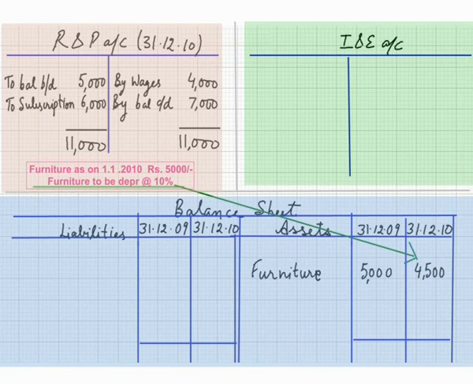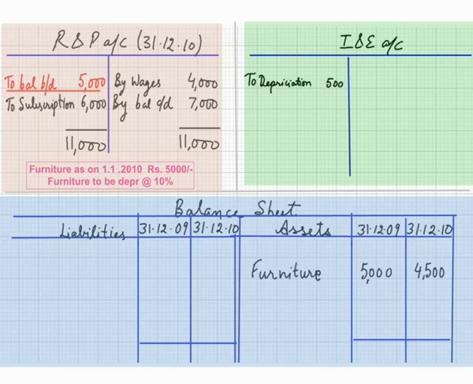Secondly, depreciation is an expenditure, that is, revenue expenditure for the club or for the NPO. It should be taken to the debit side of the income and expenditure account. You know it very well as you did it in final accounts in the previous class. To depreciation on furniture, that is 500 rupees. Now let's go to the receipts and payments account.